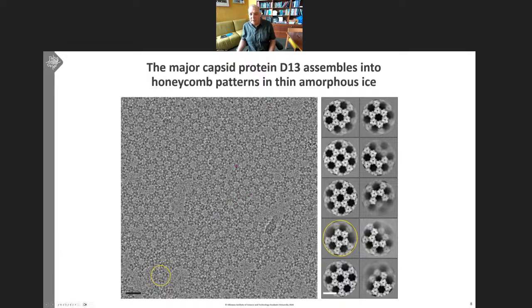Now, after doing 2D classification of patches from these images, you can see an enhanced clarity here that there are mostly hexagonal arrays of trimers, but also occasionally there are pentagonal arrays. And then at the interfaces here, there are 4 and 3 and sometimes 2, and all sorts of different assembly states.